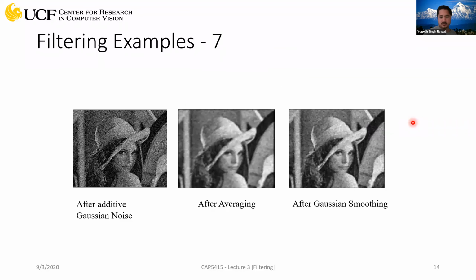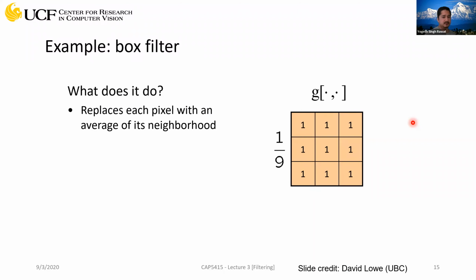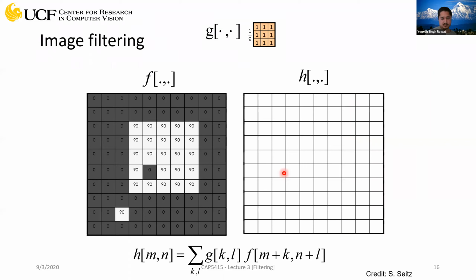So yeah, that was Gaussian smoothing. Now we saw this filter, or this operator, earlier as well, where we have all ones. We have a special name for this. We call this a box filter. What it's trying to do is replace the value at each pixel location with an average of the neighborhood. We already saw that. There we applied it on our real image. Let's see how it operates on an array.